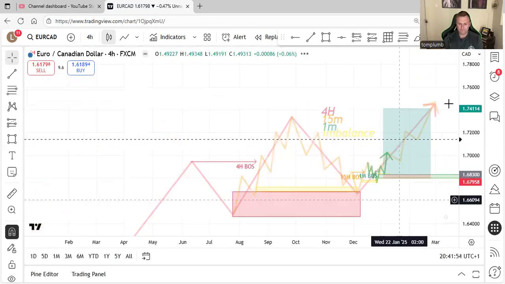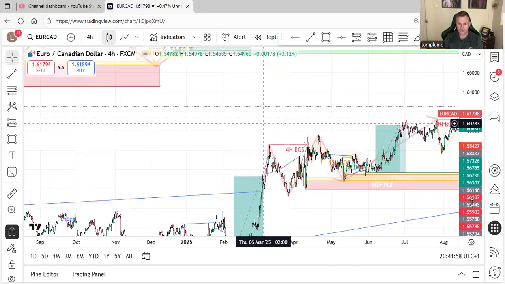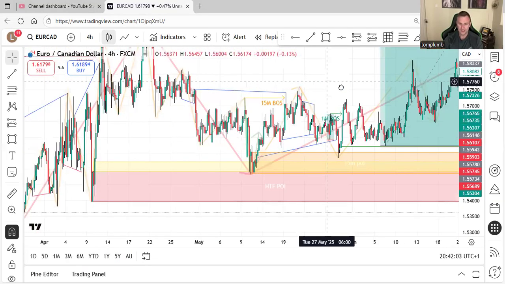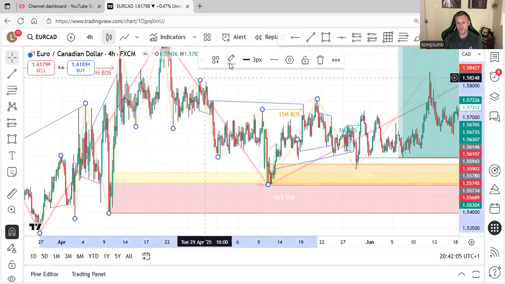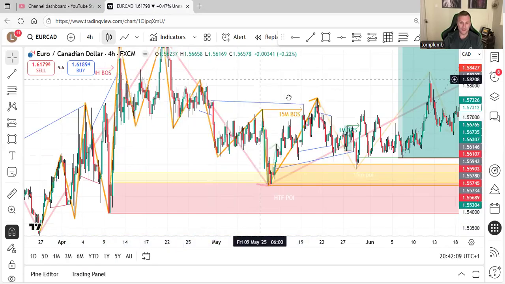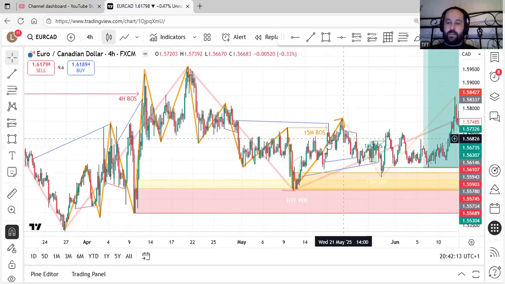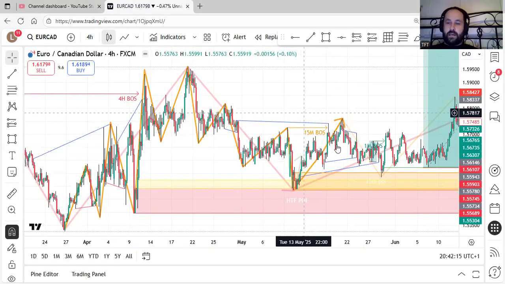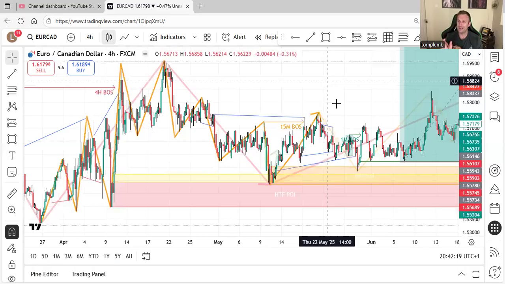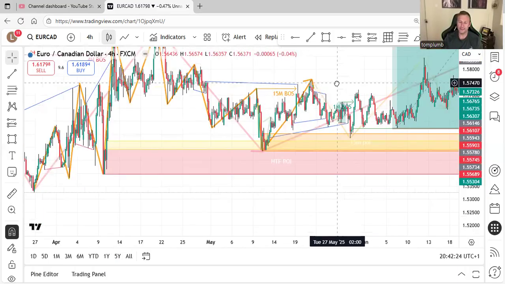So you've come to your point of interest. You've hit your 50-minute chart there, waiting for that to switch to bullish, for example. Then you wait for your 15 minute to break structure. Then on the 1 minute, you're waiting for a pullback into an imbalance. And then you're waiting for the 1 minute to switch bullish. And then you're finding the imbalance on that 1 minute leg that caused the break on the 1 minute. That's your entry.